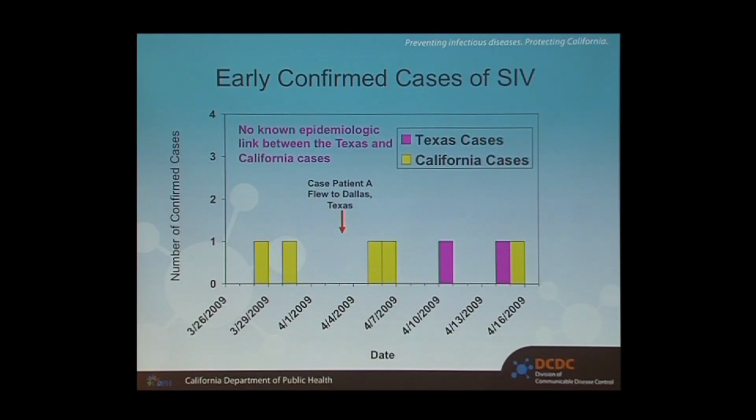So again, all cases were interviewed by both Texas and California health departments. No known link in any way or any exposure between these cases. So when you look at this from a public health standpoint, there's something going on. There is person-to-person transmission happening here, and we began to worry. So while we were worrying,